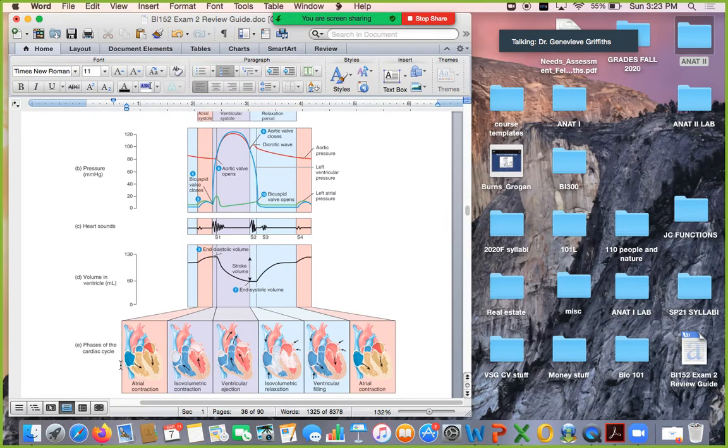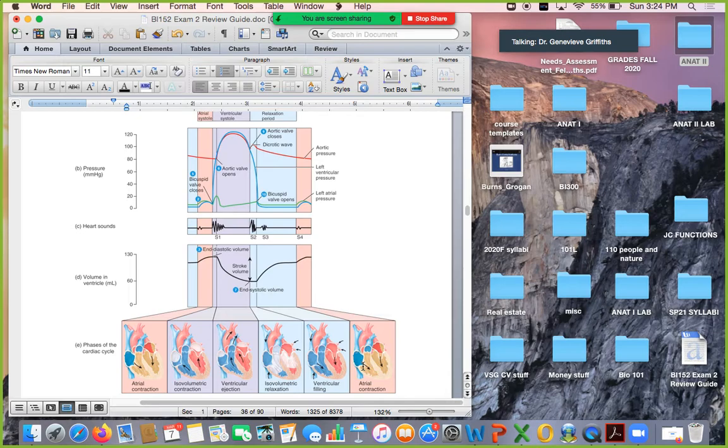And this is what's happening at each of those stages, which I've kind of already talked about. First, we have that atrial contraction. This is the moment when all 4 valves are closed. This is isovolumetric contraction. Then we have ventricular ejection. So the ventricles are going to contract, causing the blood to go out either through the aorta or to pulmonary circulation. Then again, we have another isovolumetric moment when we have relaxation and ventricular filling to follow, and then atrial contraction